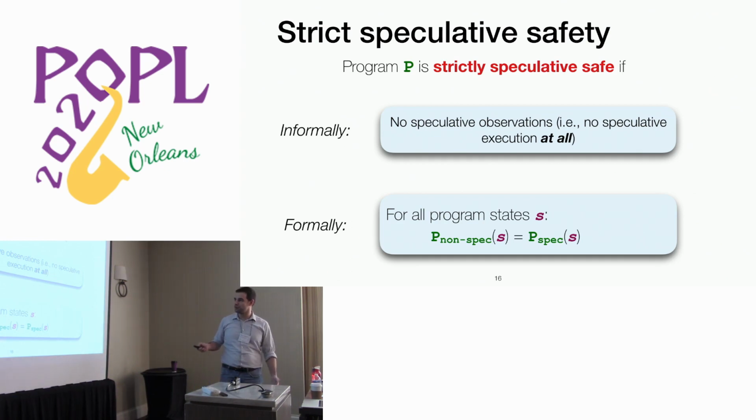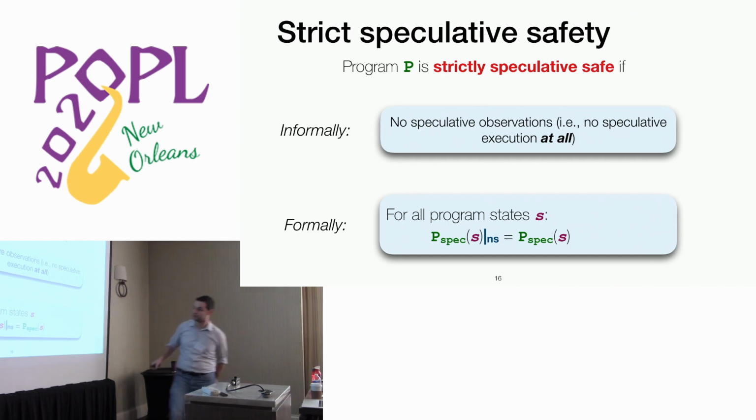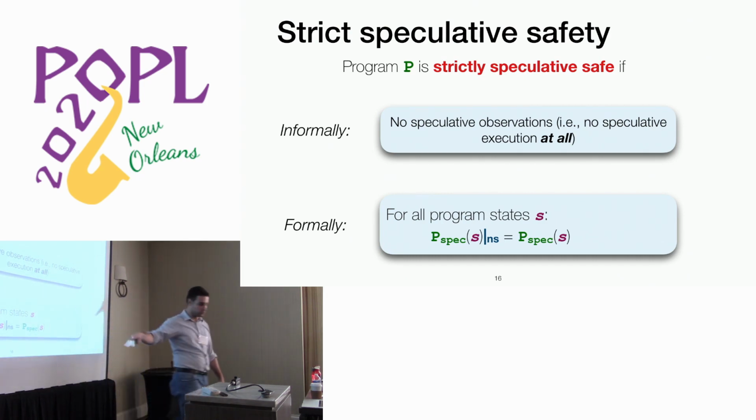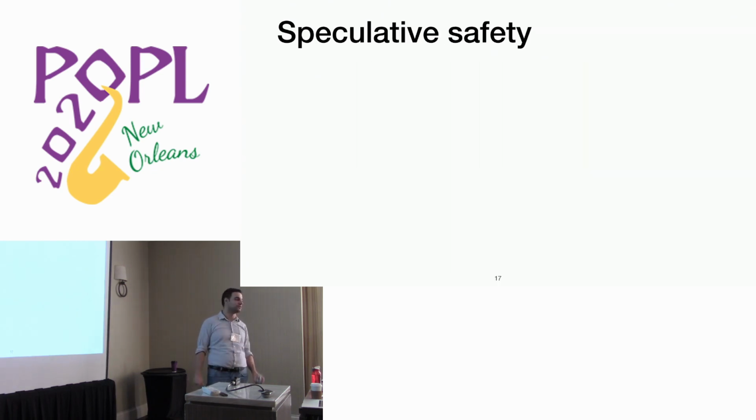So we can try to do something better, and you can actually formalize this with the notion of speculative safety. Using the trick of the projection, you can rewrite everything in terms of the speculative semantics. So you just want the non-speculative projection to be the same as the entire trace. You can do something better and allow some sort of speculation. And how can you do this? Well, you can move to speculative safety,